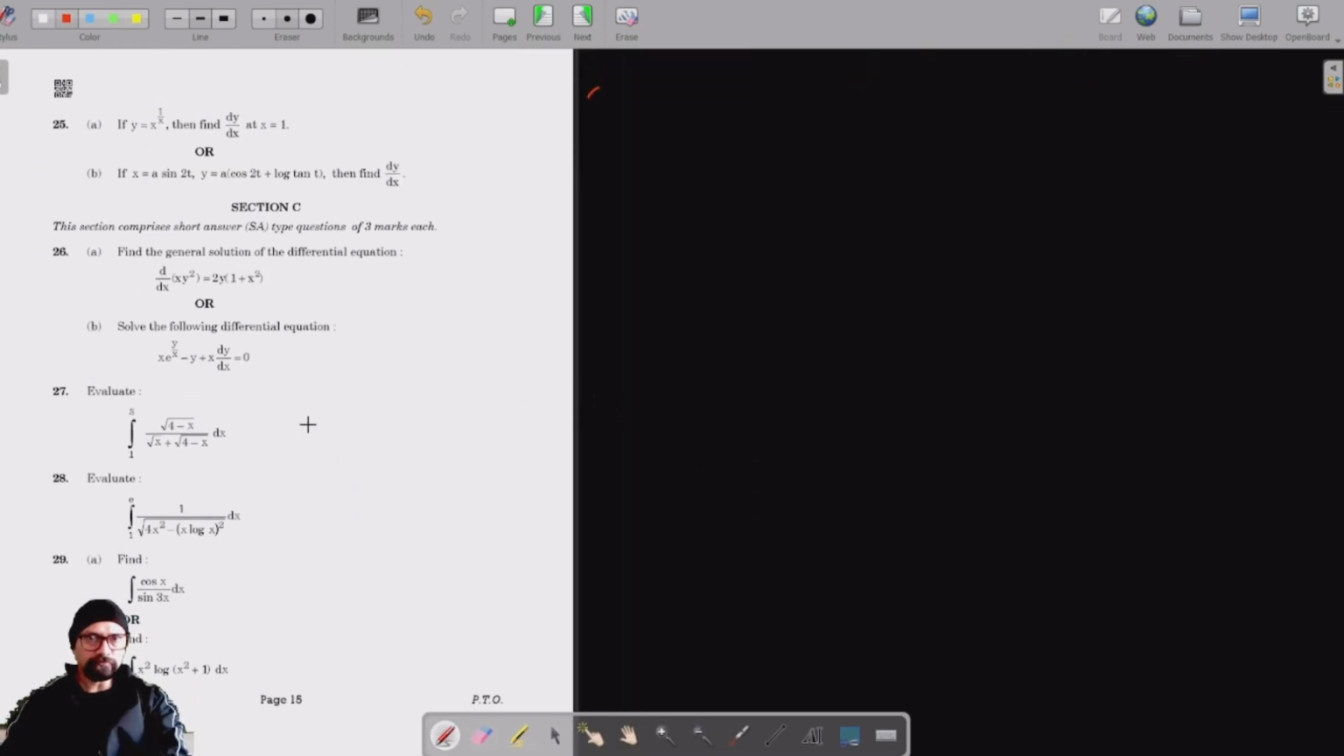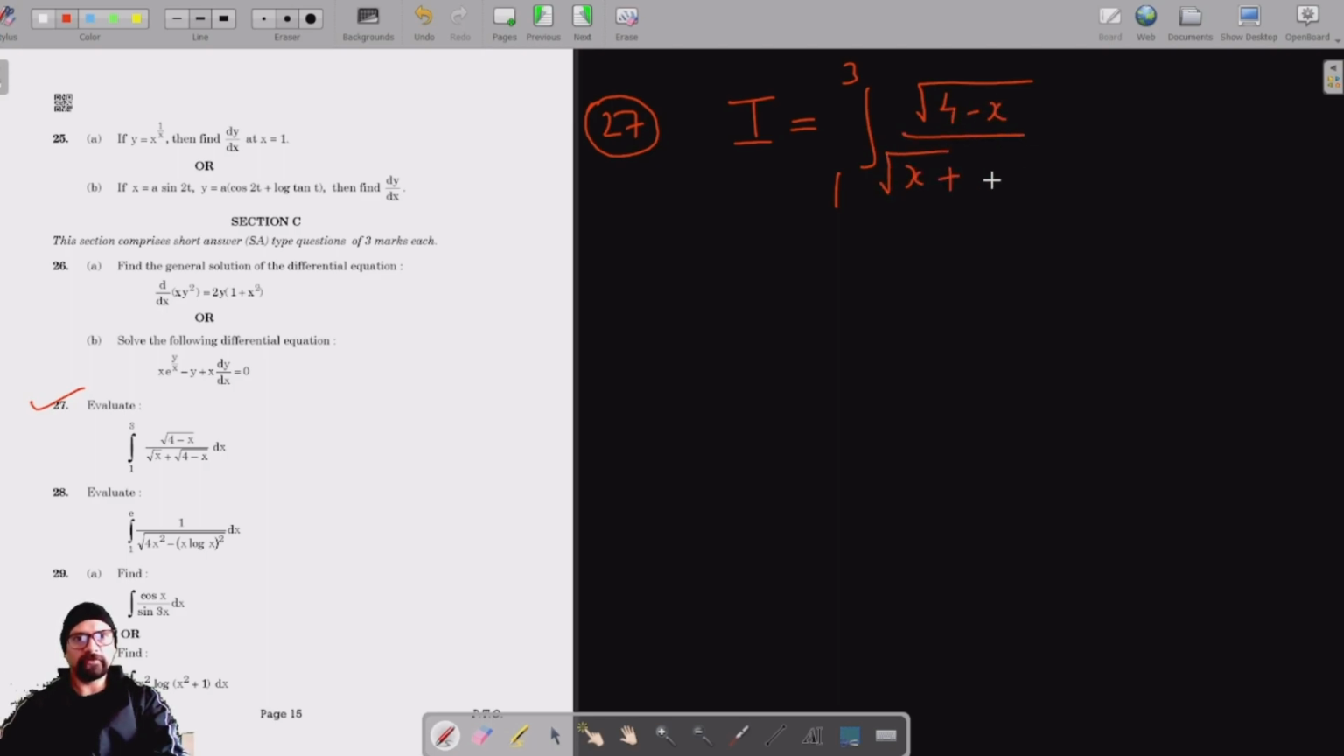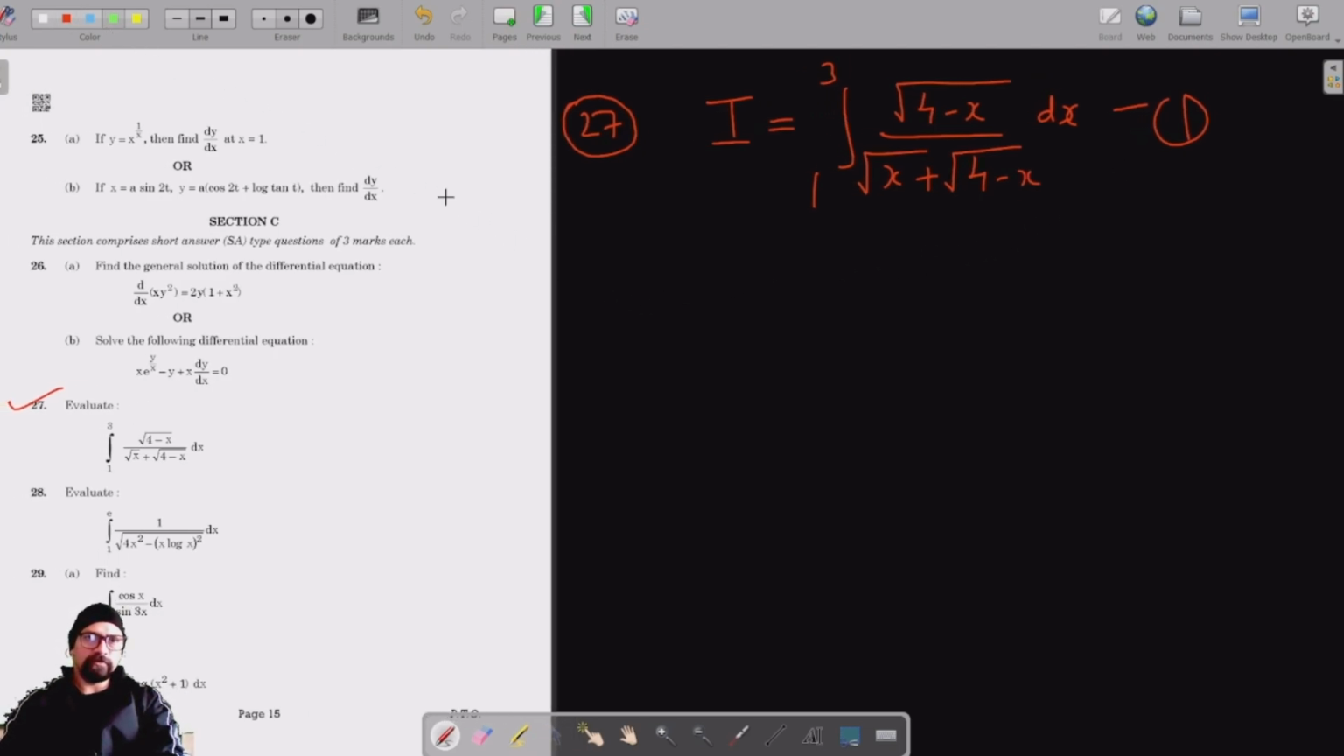For question number 27, let's say our integral is I. This is a definite integral with limits 1 to 3, of square root of 4 minus x upon the root of x plus under root 4 minus x into dx. Let's say this is our first equation, and for this we are going to use the property which is,